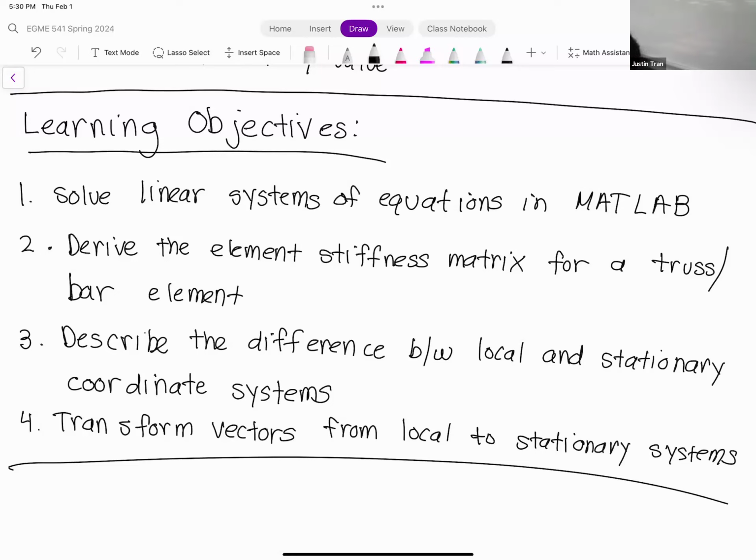The biggest difference that we're going to see in this unit is that we're going to move on to 2D analysis, right? So we're going to do some 2D truss problems, and we're going to see how to solve those. But the first thing I want to do today, just because last time we didn't get a chance to do it, is learn how to solve linear systems in MATLAB, so you can do the homework and stuff. Speaking of homework,